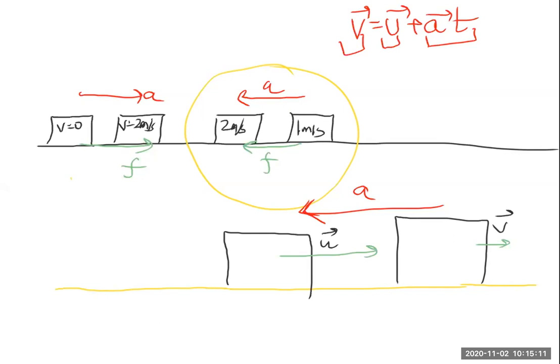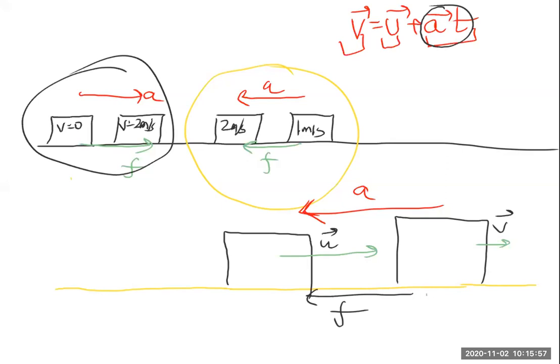v का मैग्नीट्यूड बड़ा है कि u का मैग्नीट्यूड बड़ा है? सर u का। अगर u का मैग्नीट्यूड बड़ा है, v का मैग्नीट्यूड छोटा है, तो a वेक्टर जो है वो पॉजिटिव होना चाहिए कि नेगेटिव होना चाहिए? नेगेटिव हो जाएगा। नेगेटिव मतलब क्या होता है? डायरेक्शन रिवर्स। तो a इधर होएगा, हाँ सर। फोर्स भी तो इधर ही लगेगी, फ्रिक्शन फोर्स। हाँ हाँ अच्छा हाँ सर। फ्रिक्शन फोर्स इधर लगेगी। हाँ सर थोड़ा क्लियर हो रहा है। इसी तरीके से गाड़ी आगे बढ़ रही है, उसको देख लो। जिधर एक्सीलरेशन है उधर फ्रिक्शन है।